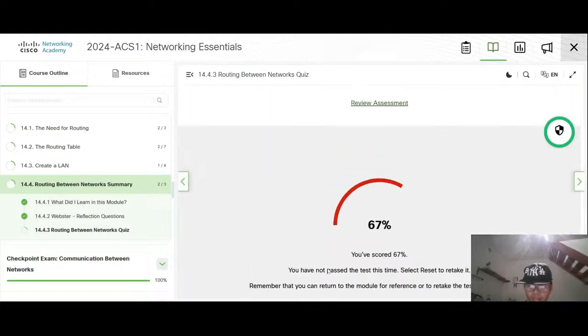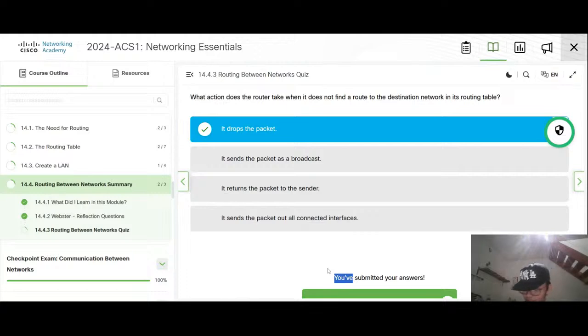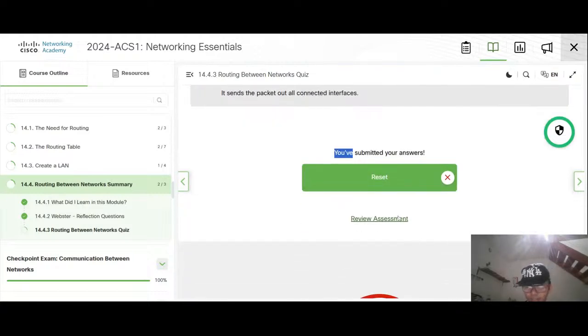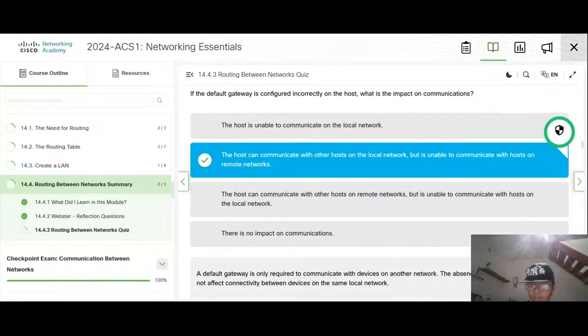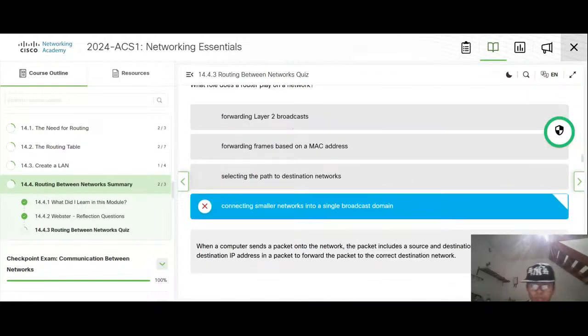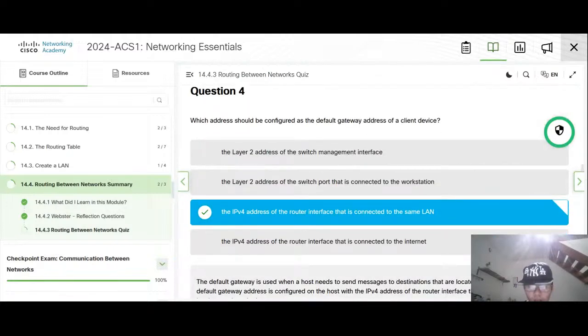Routing table, I think. Or selecting the best path, or choosing the right one.